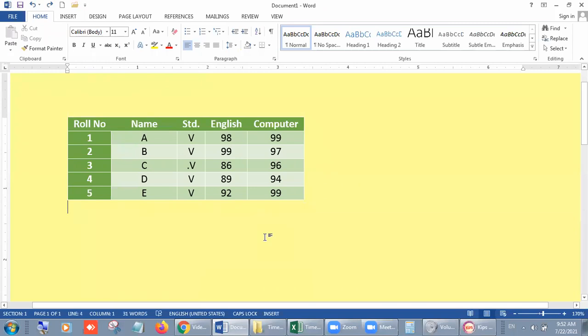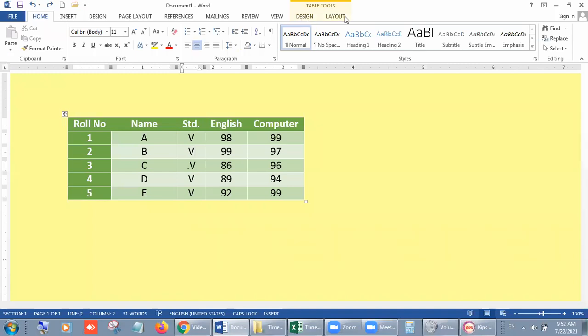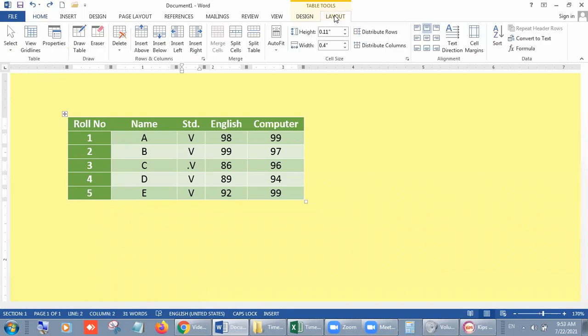When you click outside the table, there will be no Design or Layout tab on the screen. But when you click once inside it, you will have both. Then click on Layout. Look students, we have Page Layout already, no need to click on that. I'm talking about Layout in Table Tools. Click on it. Then the very first group is Table.